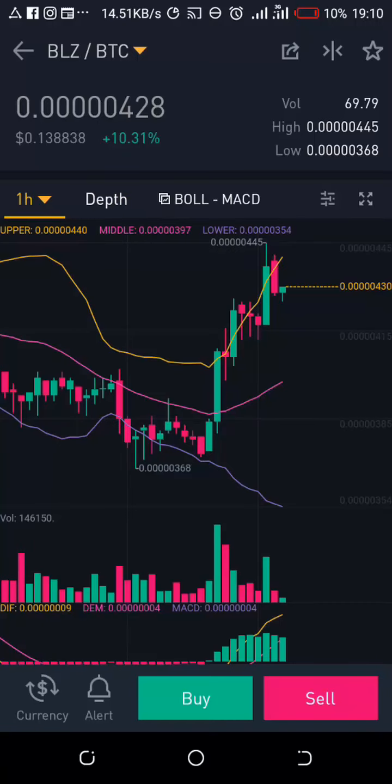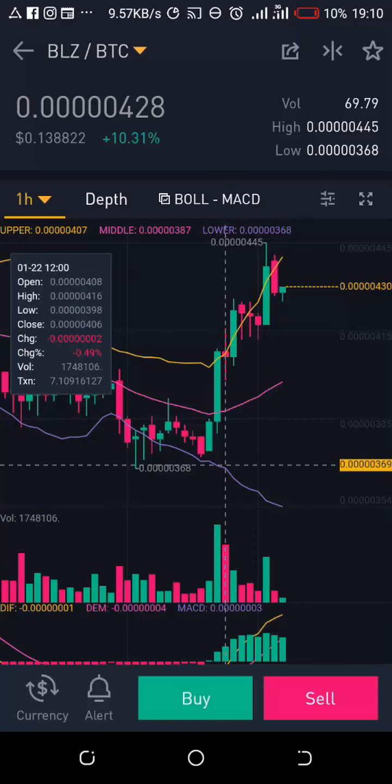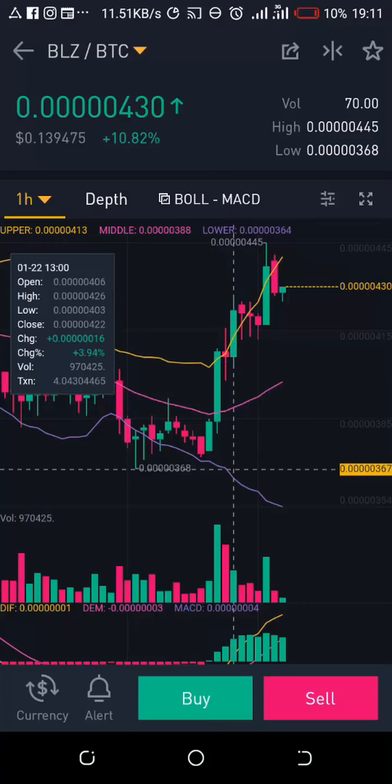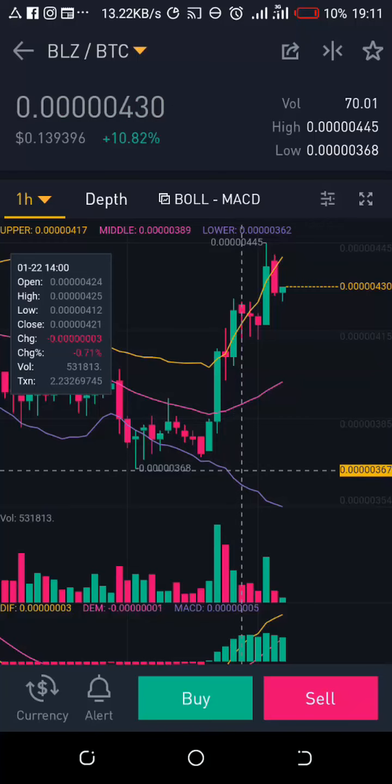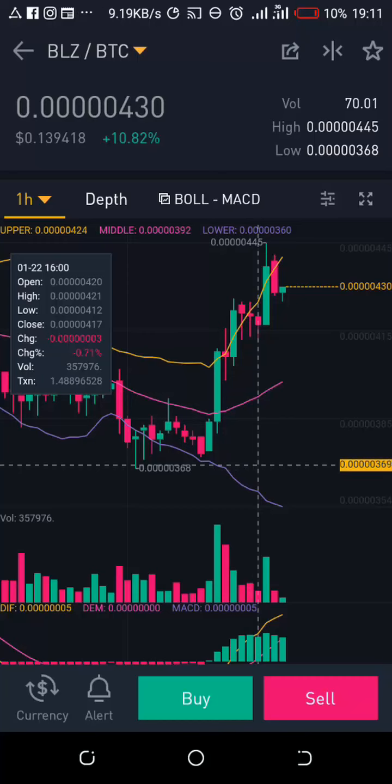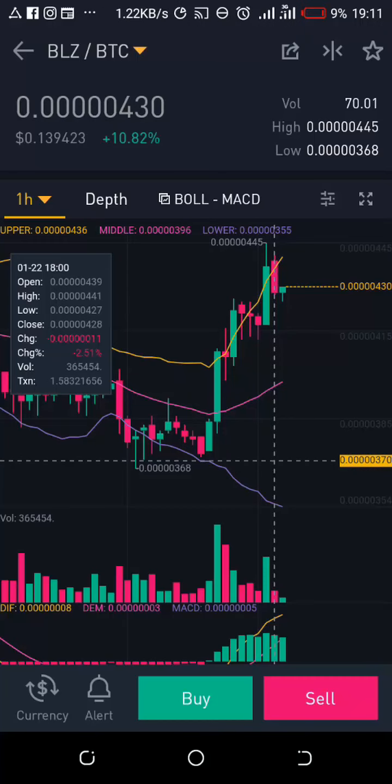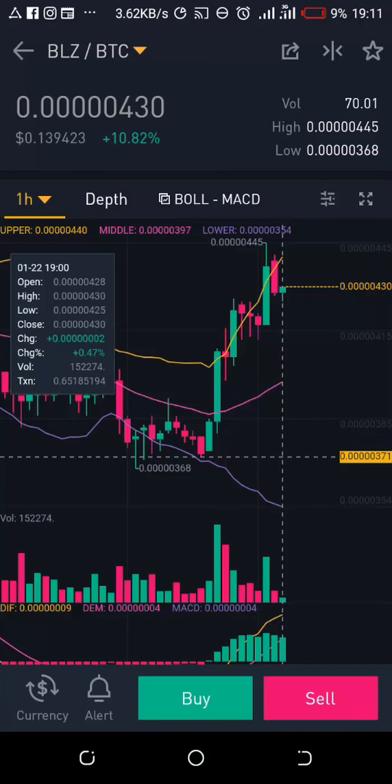All right, looking at it here, this is exactly where we entered. This bar, and the chart is still on 1 hour chart. So we entered here, we bought at the rate of 399 Satoshi. So this one is 1 hour, 2 hours, 3 hours, 4 hours, 5 hours, 6 hours. So this is 6 hours, and this is 7